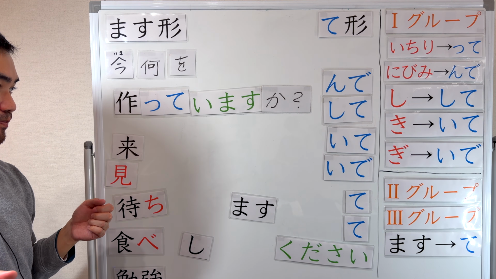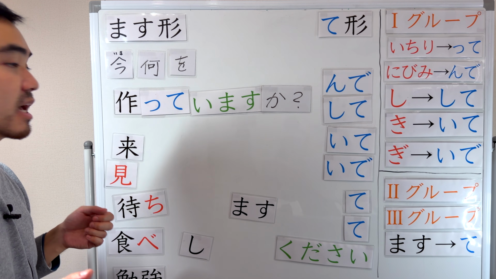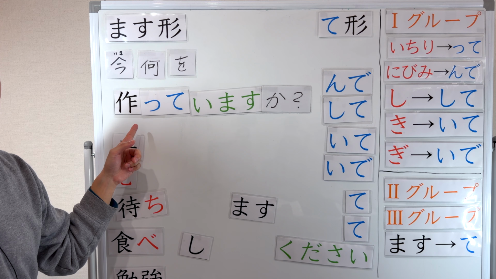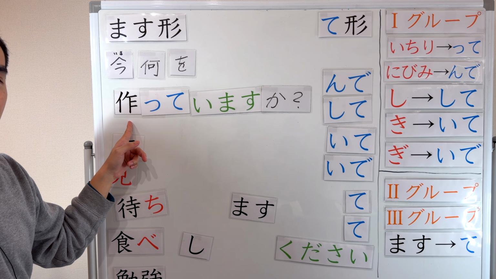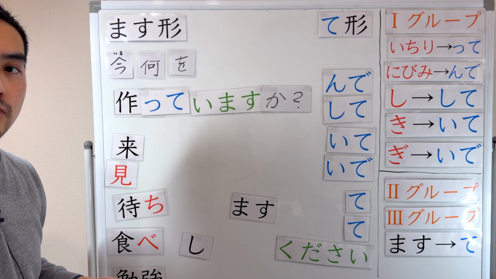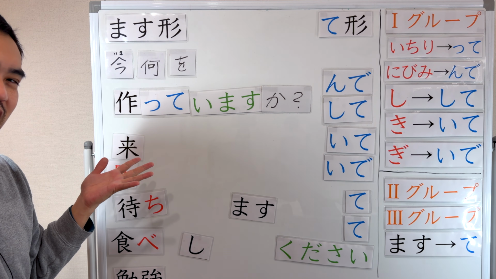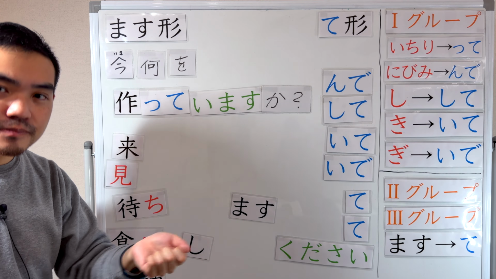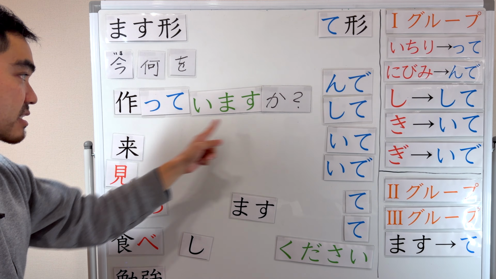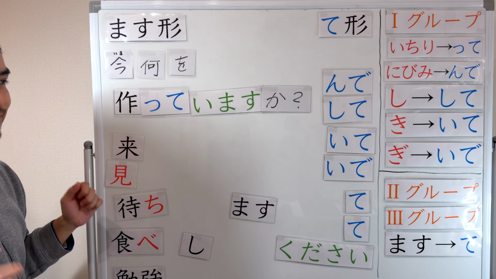So you can say, for example, if you're cooking right now, then what are you cooking right now? What are you making right now? We say this. 今何を作っていますか？What are you cooking right now? We don't say 今何を料理していますか？今何を作っていますか？You can also say this as cooking when it comes to this phrase. What are you cooking right now? 作っていますか？